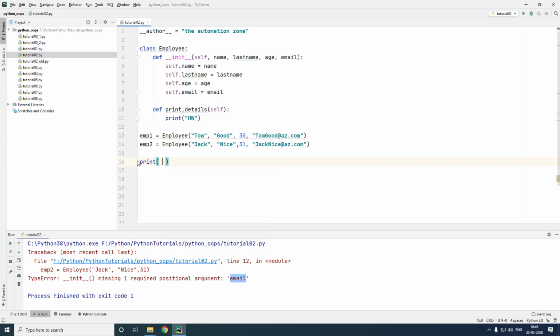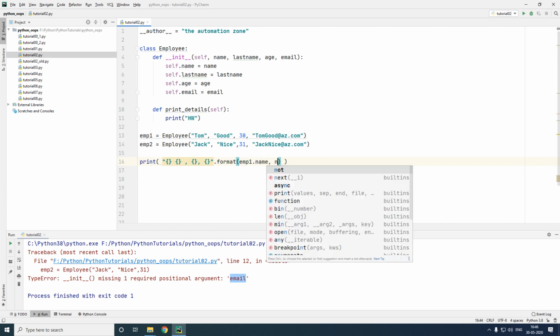Print, and you would create a string such that your name, your last name, followed by your age, and then your email dot format, and then you would give the parameters, which is employee1 dot name.